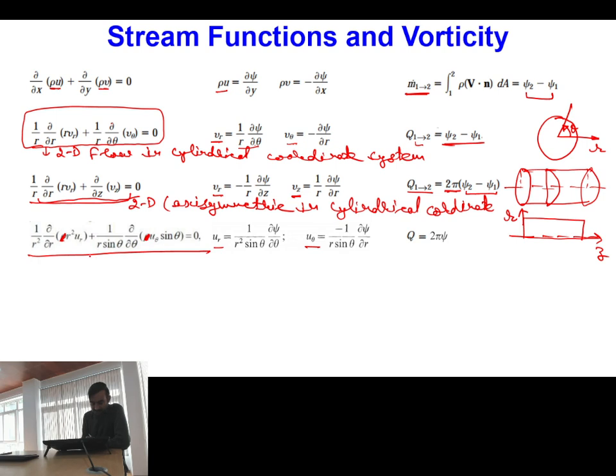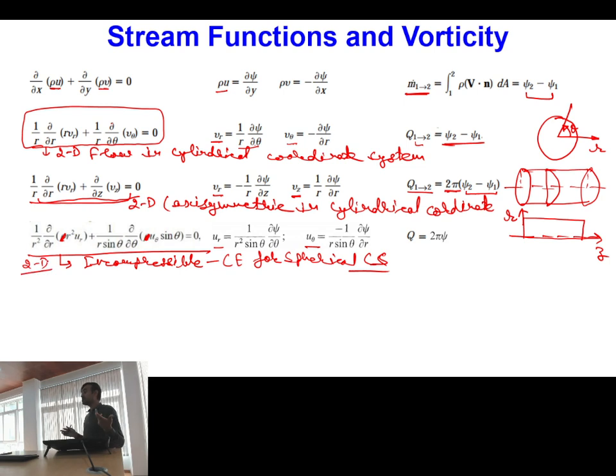Okay, so this is my incompressible continuity equation for the spherical coordinate system. Okay, so this is for the spherical coordinate system. Okay, so to satisfy this equation, what we are doing again, because the stream function will be applicable only for a 2D field, is r, theta,